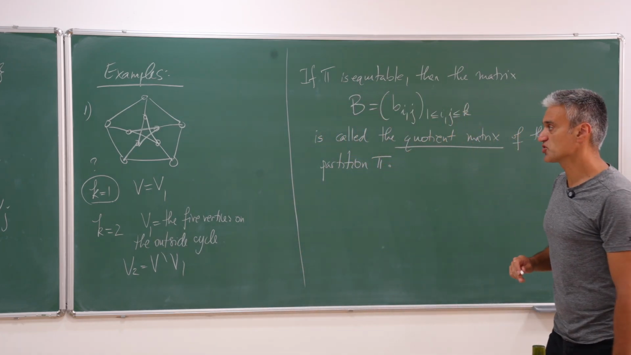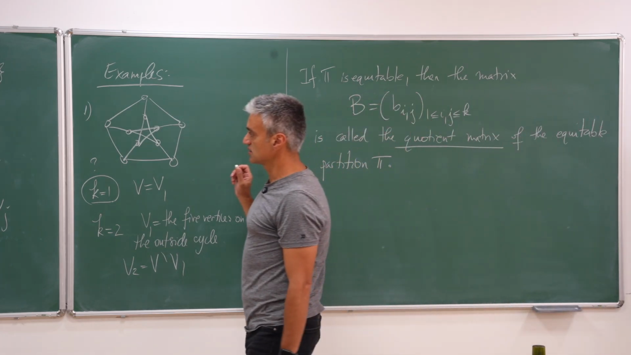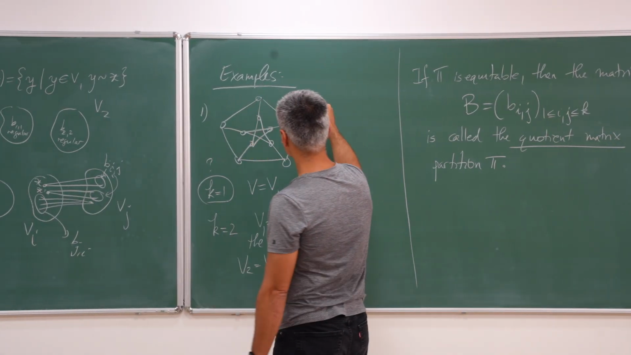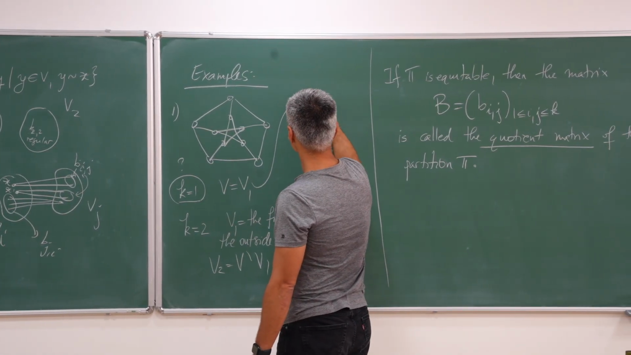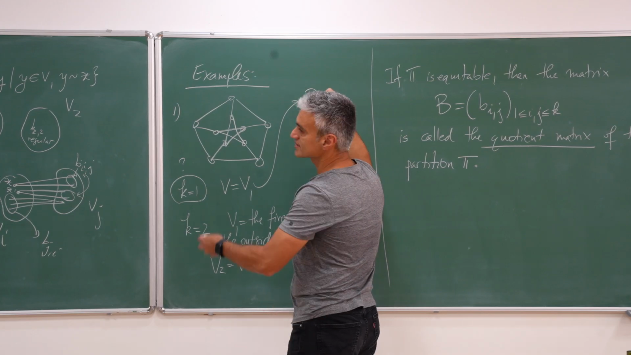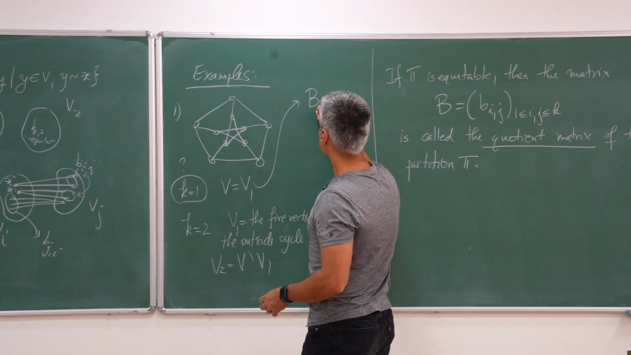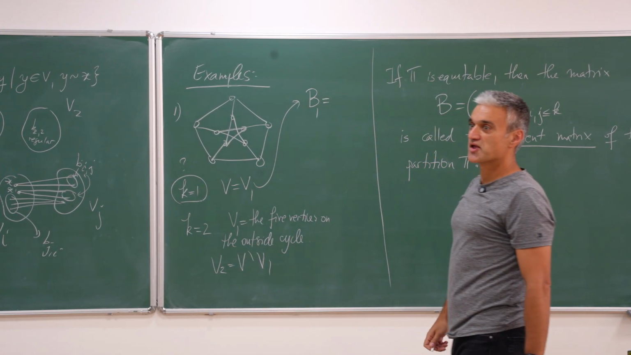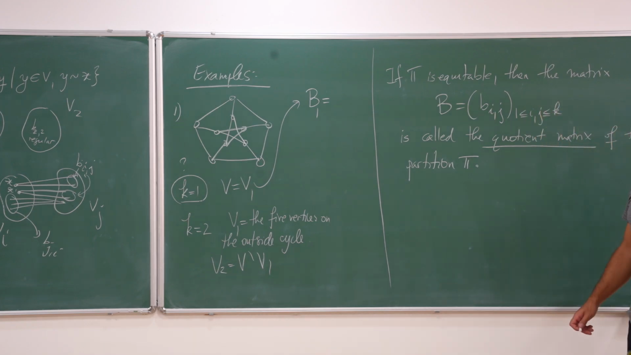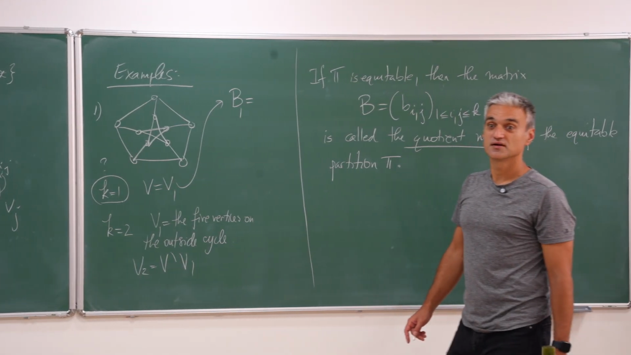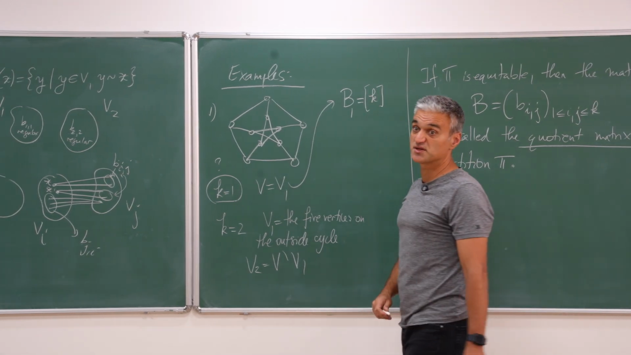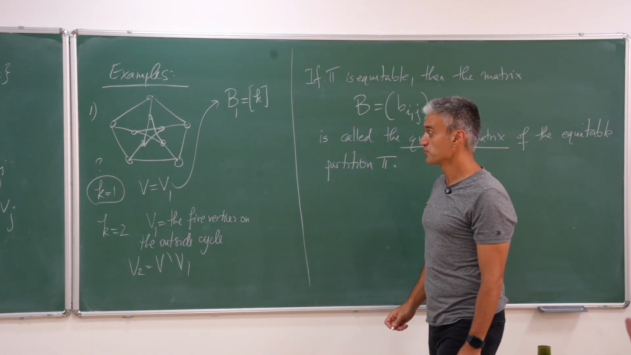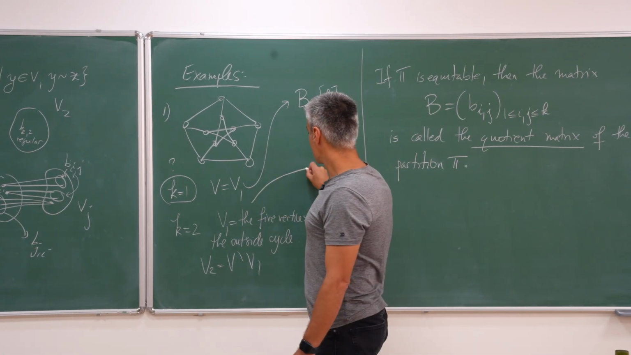Okay, so let's do it here for the partition with k equals 1. What is B? Let's call this B1, because it's the first one. What is this matrix? Just k. It's a 1 by 1 matrix with k. Okay, nothing. For here,